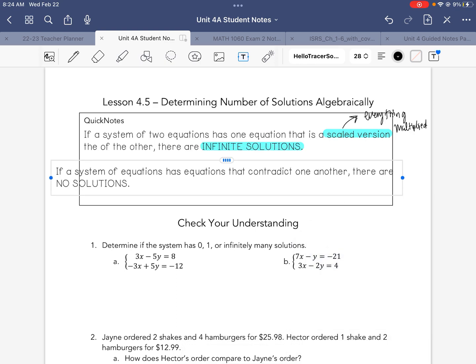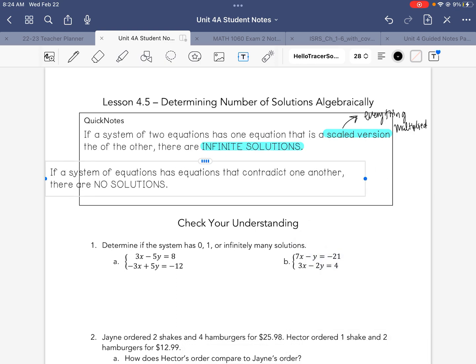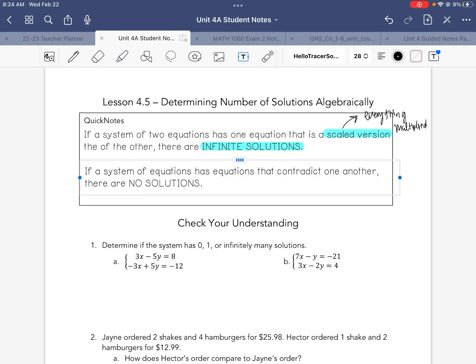When I say contradict, do you guys know what that means? I hope you know what that means. When something contradicts, it disagrees. So when they contradict one another,